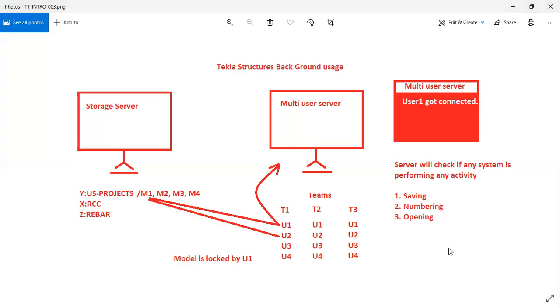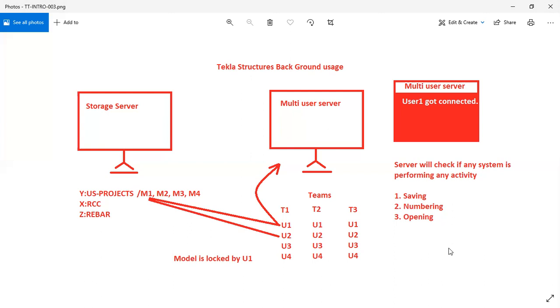Then at that time, the link will be established through the multi-user server, right? Whenever you are trying to open a multi-user model, this multi-user server will be activated, or it will perform certain actions.